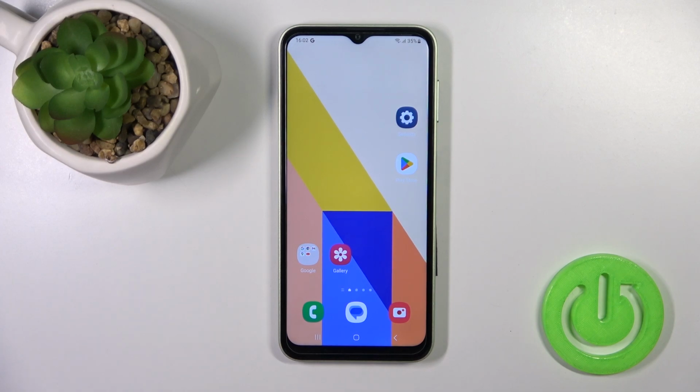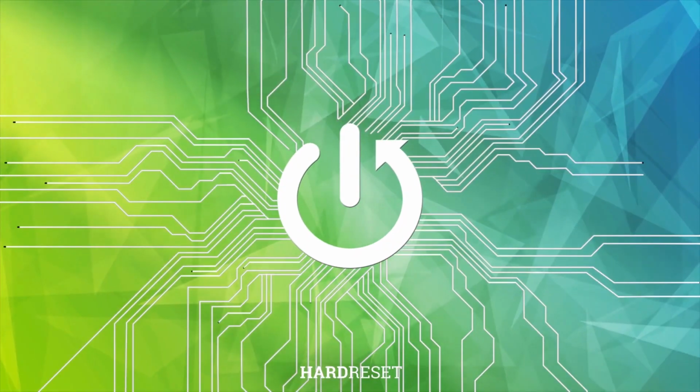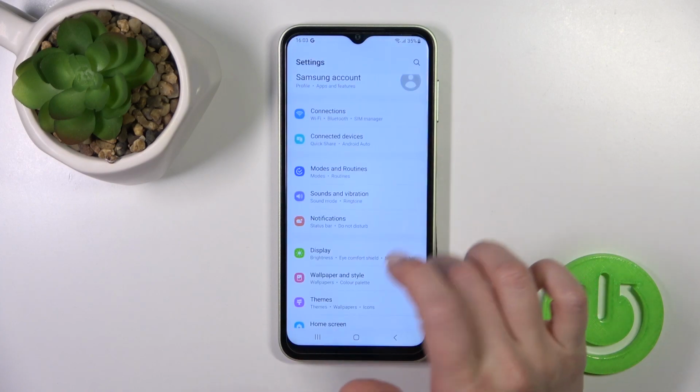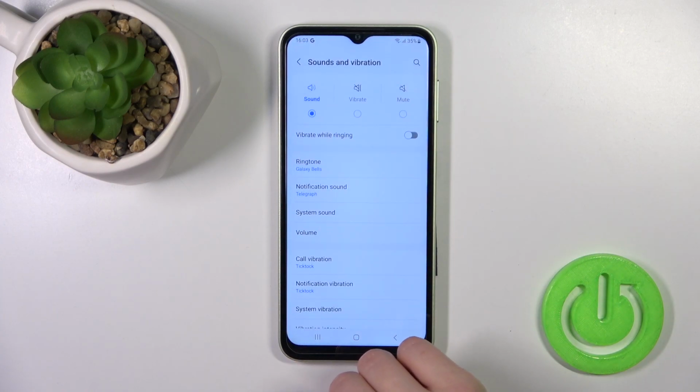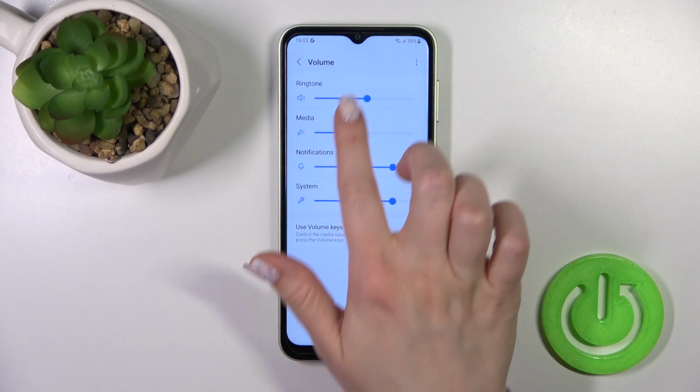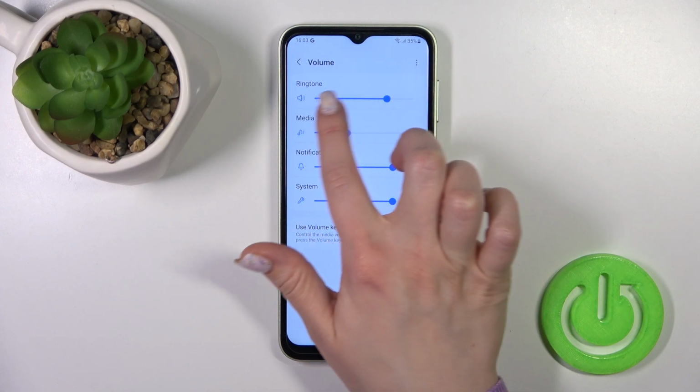Hi, today in front of me is the Galaxy F14, and I'll show you how to adjust the ringtone volume on this device. So first, let's open the Settings app and then tap Sounds and vibration. Here, click the Volume section, and to change the ringtone volume we should slide